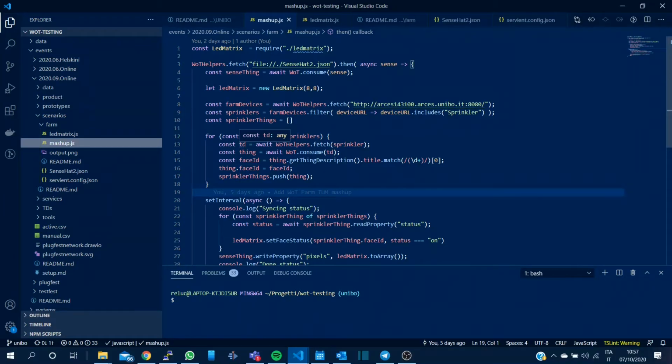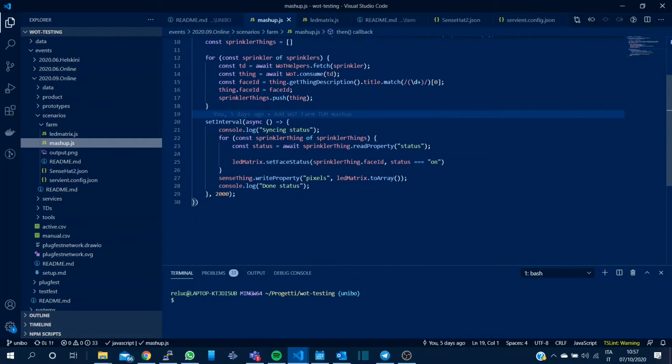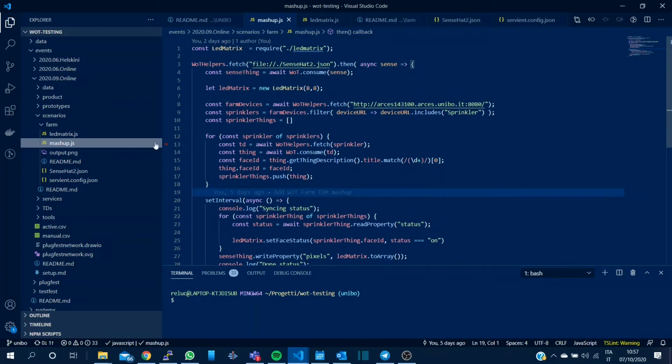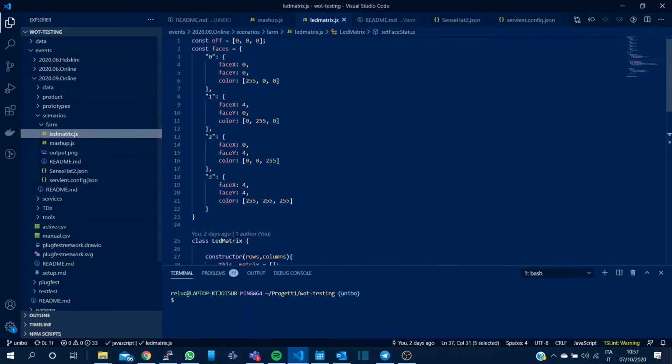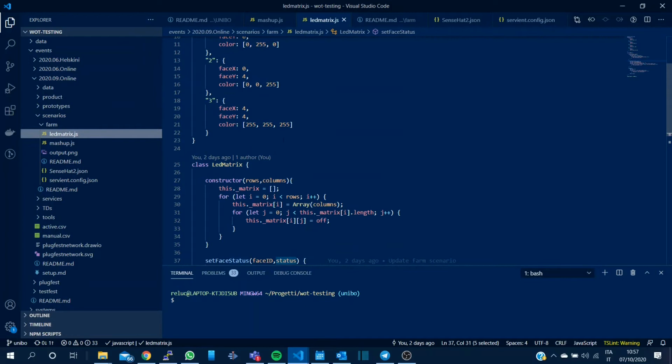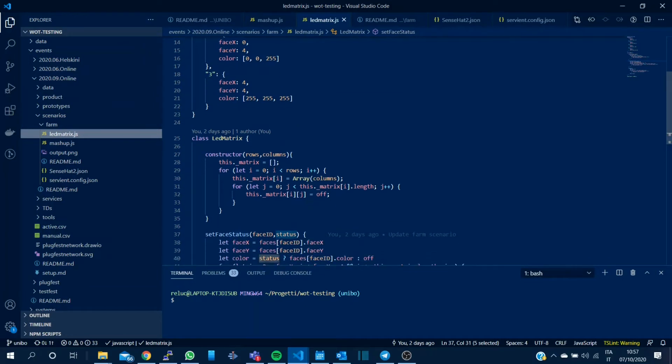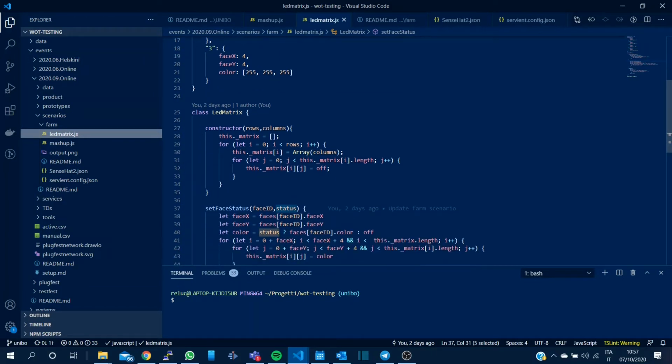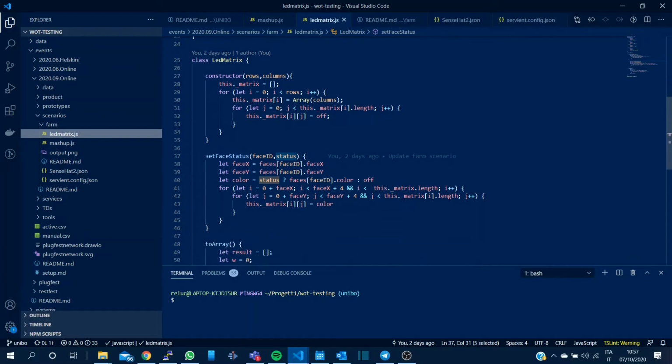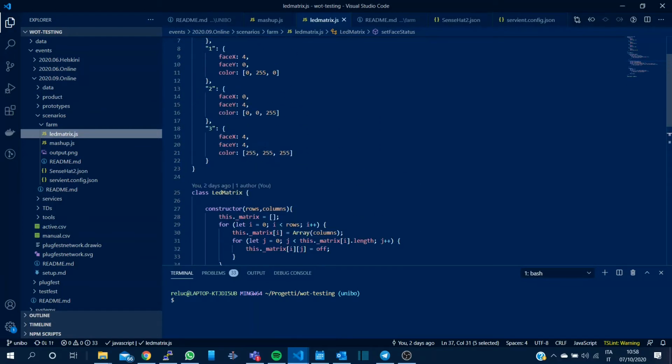So here we are. We have this short script with just 30 lines of code, plus this little LED matrix class, which is a utility class used to handle the state of the LED matrix itself. In fact, we have 2 methods over here, one for setting the phase status on and off, basically using the color defined over here,